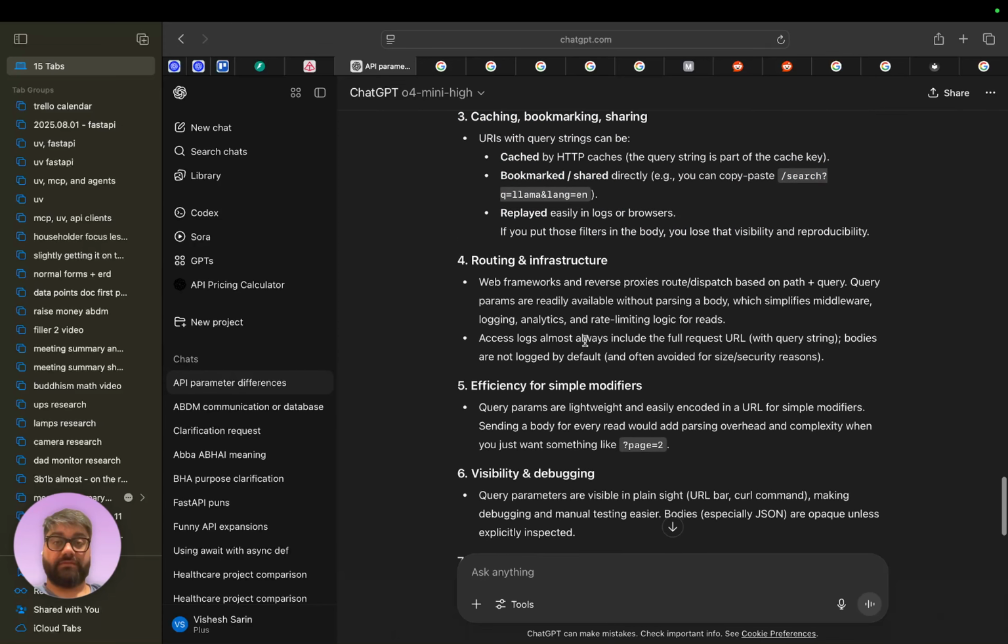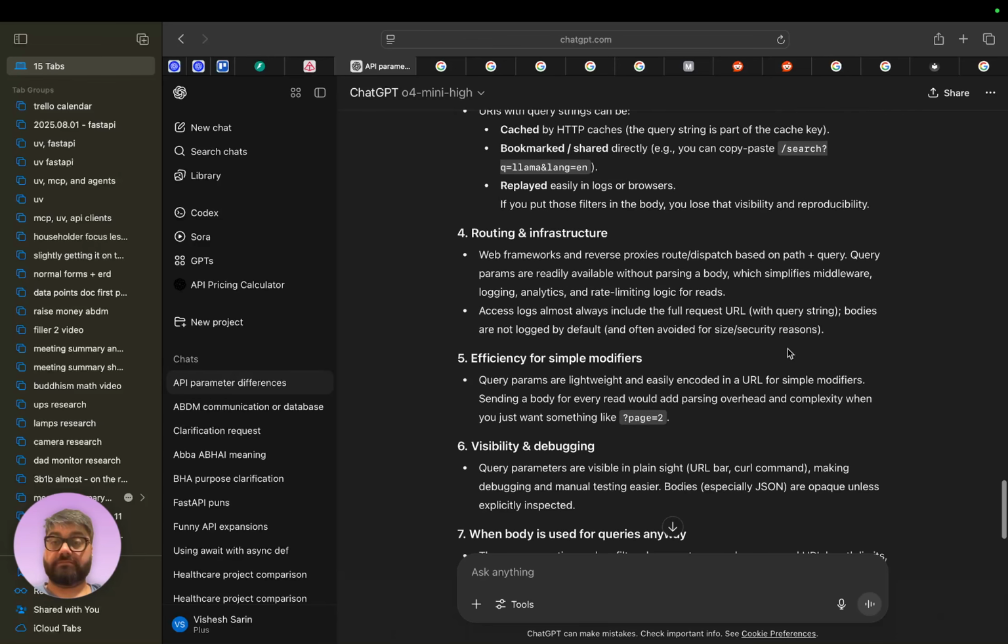Another important one: routing and infrastructure. Web frameworks and reverse proxies dispatch based on path and query. Query params are readily available without parsing a body, which simplifies middleware logging, analytics, and rate limiting logic for reads. Access logs almost always include the full request URL with query string. Bodies are not logged by default and often avoided for size or security reasons.